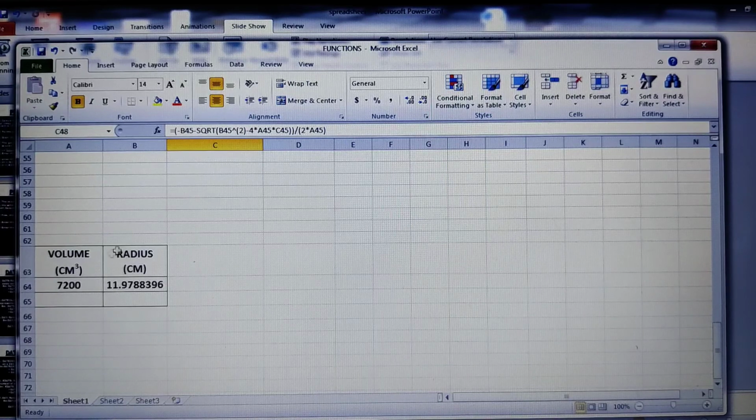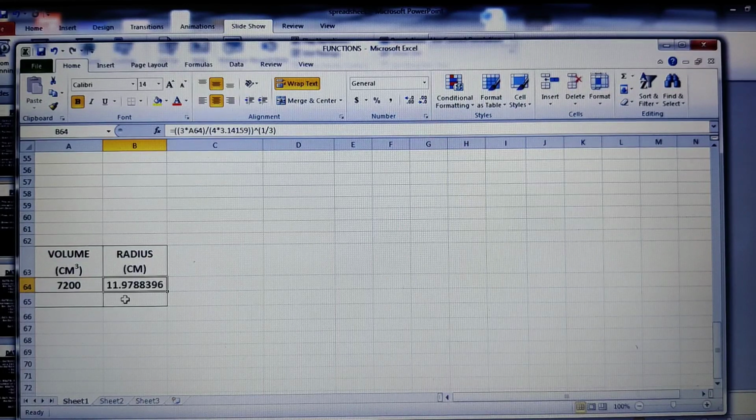So this is the volume. They're asking you to find out the radius. Directly I have written the formula here, children. That is 3 into V. So V is in which cell here? That is in A64. That is the reason 3 into A64 divided by 4 into pi. Here I have just taken the value 3.4159, explicitly mentioned, and the exponential form with 1 by 3. That is, I am taking the cube root. So when I click on enter, I get the radius of this particular ball, that is 11.97 centimeter.